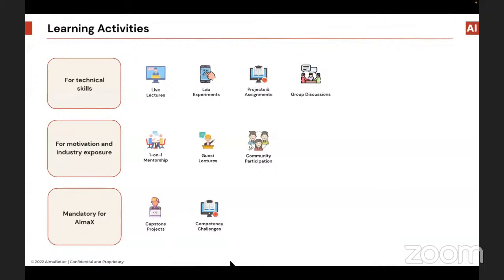You will have group discussions. When you are enrolled with us, we will be dividing you into certain groups, where you can have your discussions about a particular topic. You can work in a particular group on a particular project as well. You can do many other activities in that group, so that even if someone is facing a particular problem, the group tries to sort it out. That is why we have these group discussions, and they also help you in forming a